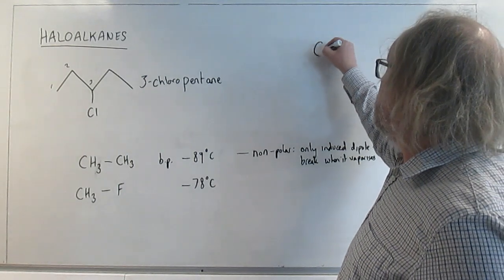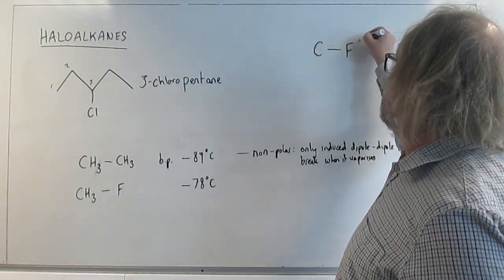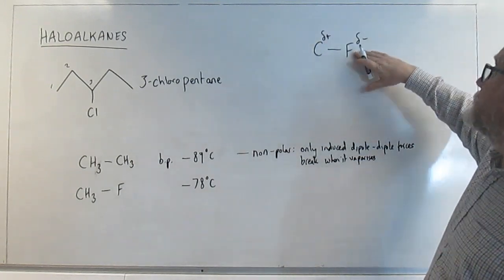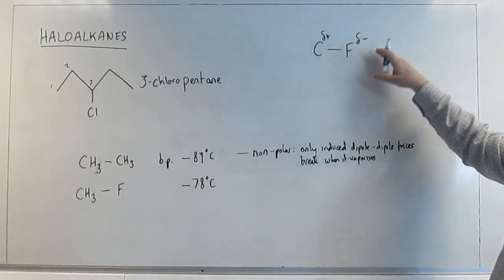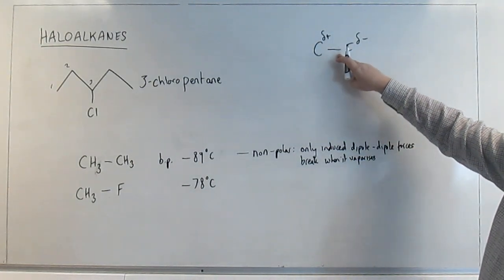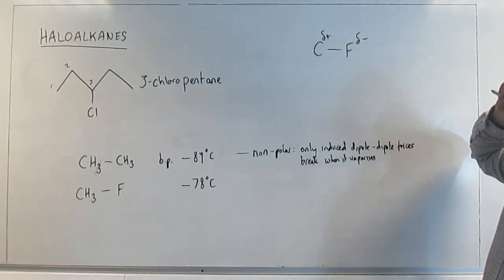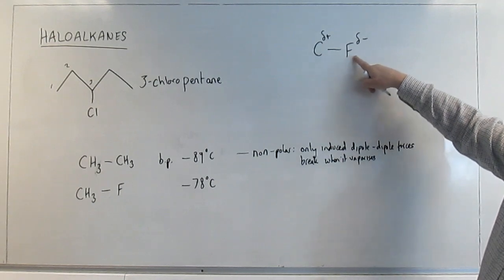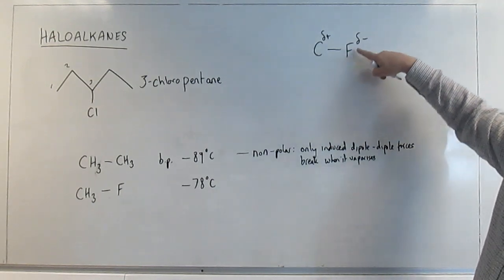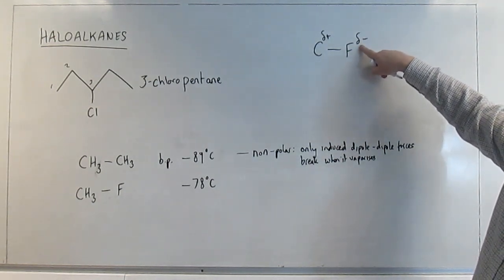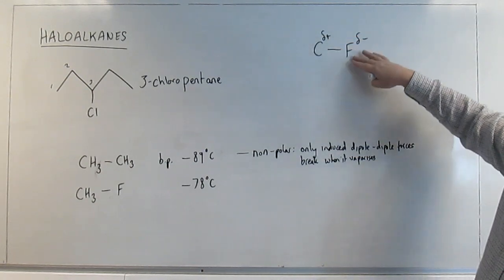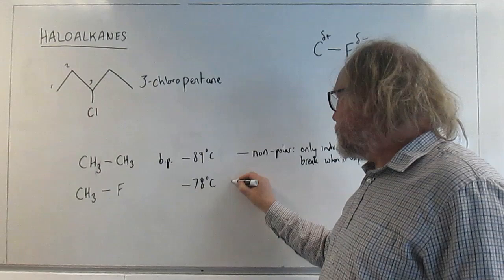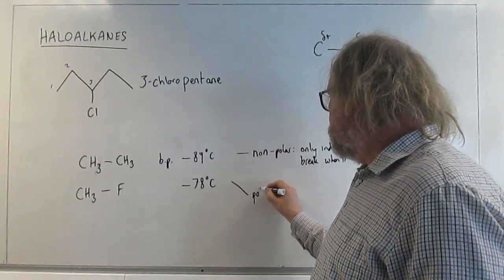And so when you have a carbon to fluorine bond, it will have a polarity like this. Because fluorine's more electronegative, meaning it attracts the bonding electrons more strongly, and that's a very important word, electronegativity. It means that that electron pair is pulled more towards the fluorine than the carbon, so you get a delta minus charge and a delta plus charge, meaning more of the electron density is on the fluorine. So this is a polar molecule,